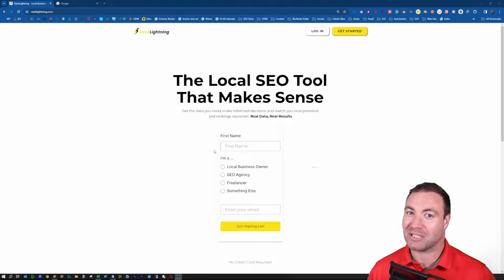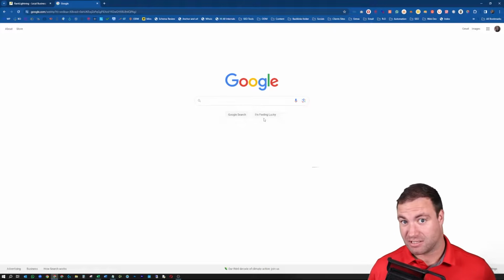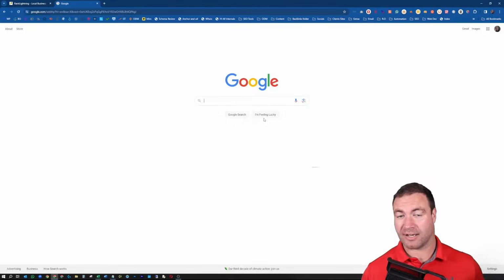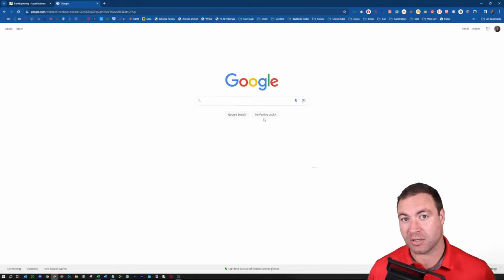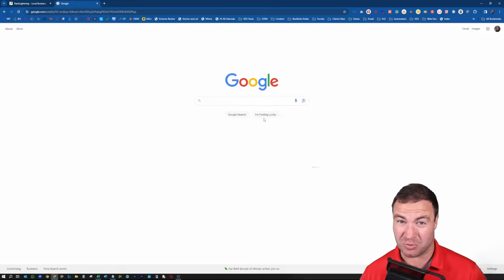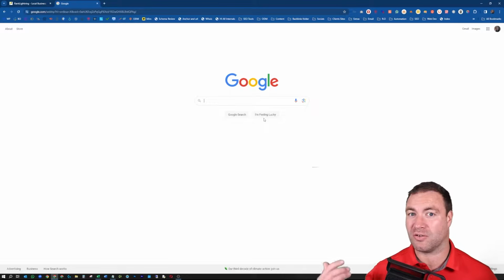Now let's jump into understanding search intent. Now guys, I want to make sure that understanding search intent is stressed importantly, because I don't think in this day and age it's as meaningful and impactful as it once was. If you got the intent wrong, 2 years ago even, you could find yourself in some hot water. But now you'll notice that there's all of these weird and wacky results showing up in Google that probably shouldn't be. Google, I think right now is not doing as well as it should be to serve up good, solid